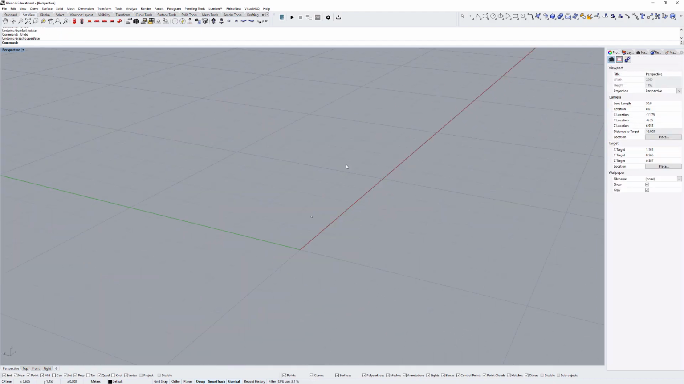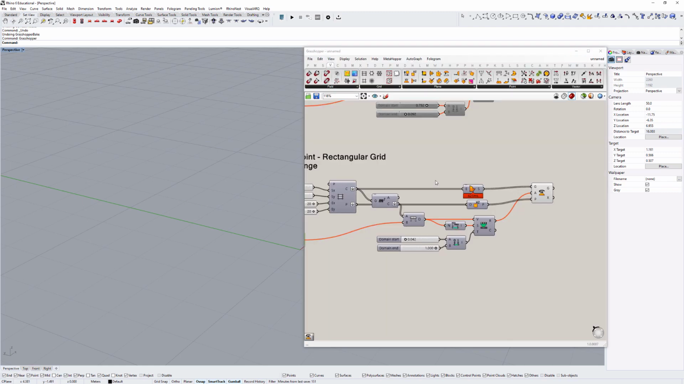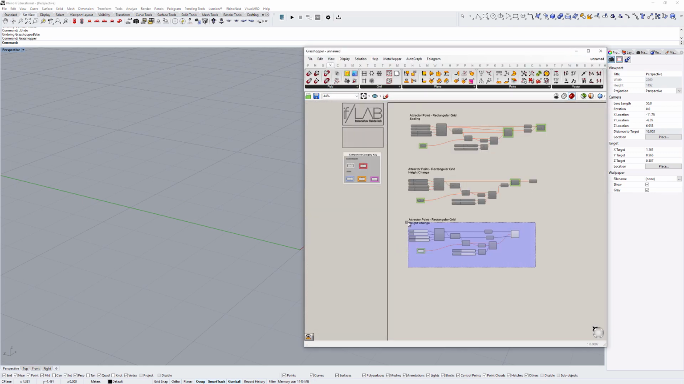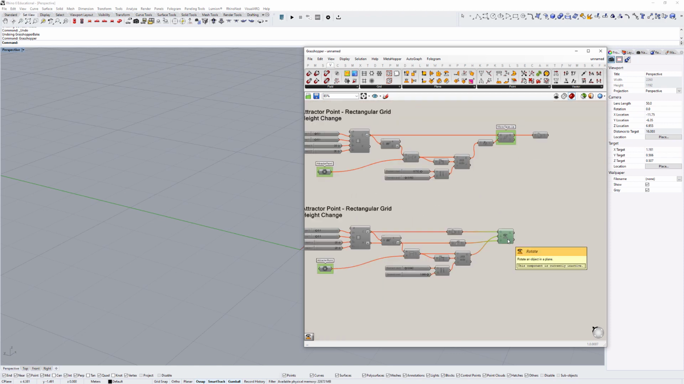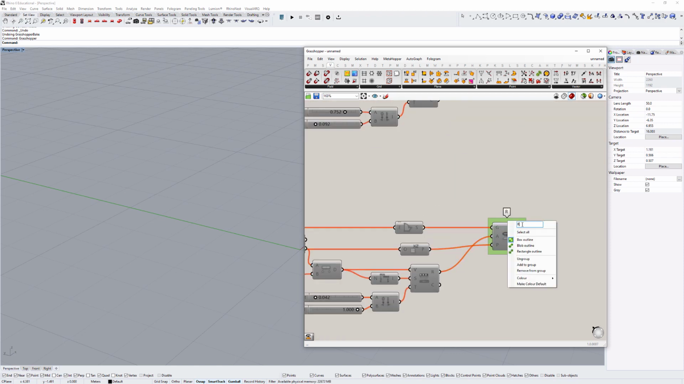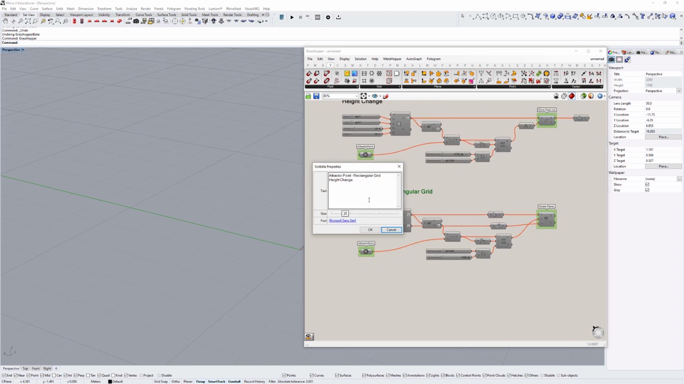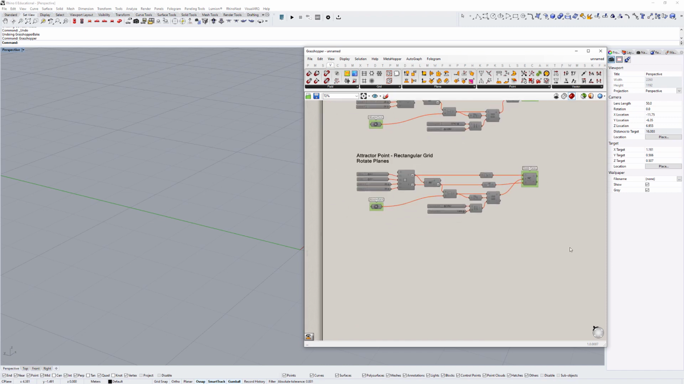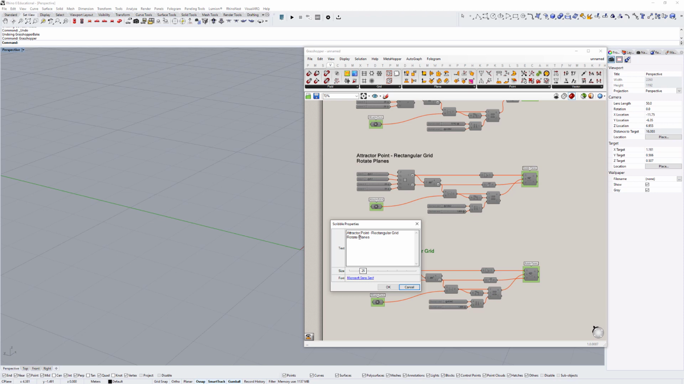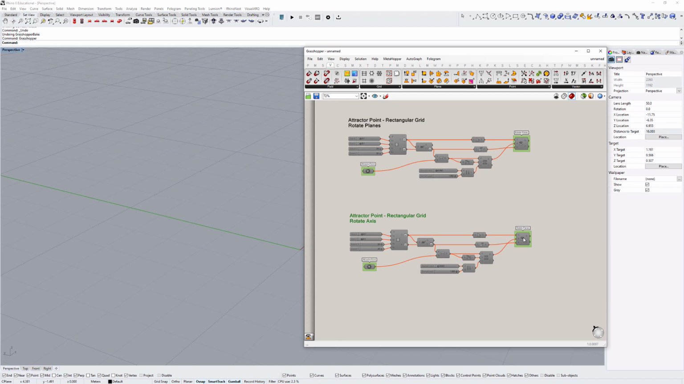Control Z to undo the bake to Rhino. Type in grasshopper. Select it all, disable, Control G, rotate planes. And let's change this name to rotate planes. And for the very last one, let's copy everything, Control C, Control V. We're going to do a rotate axis example. We can delete the rotate plane,